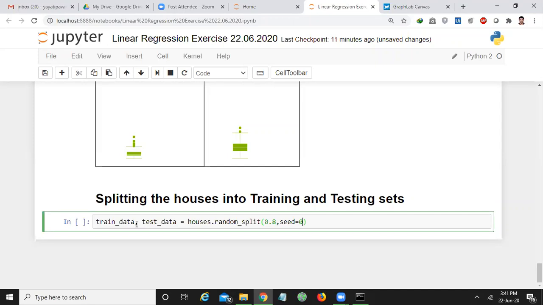That means it will select one by one randomly, and it will divide the data set into 80% training data and 20% testing data.